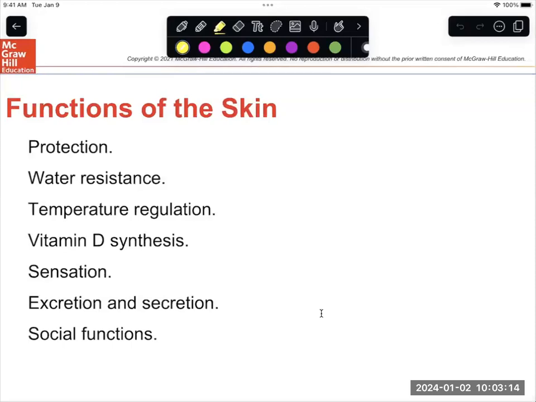Sensation. We have lots of nerve endings found in your skin. They're going to detect touch, pressure, hot, cold, pain, vibration, and injury, pain sensation. Well, tissue injury, which sends those pain sensations. We have